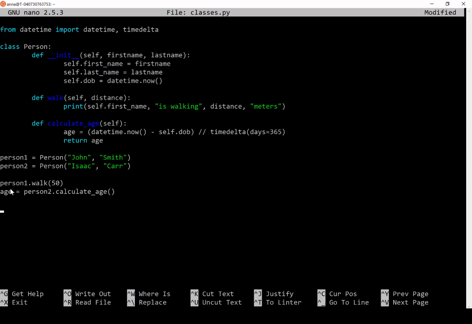So when I do person1.walk, this is passing in person1 as the value for self. This is essentially the same as doing Person.walk to refer to the walk method in the Person class and passing in person1 as the instance. Similarly, to access attributes while we're inside the class, we say self.firstname, but if I'm outside the class, I can